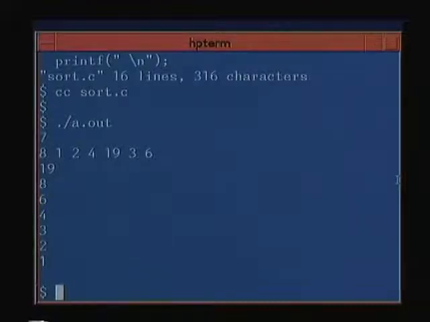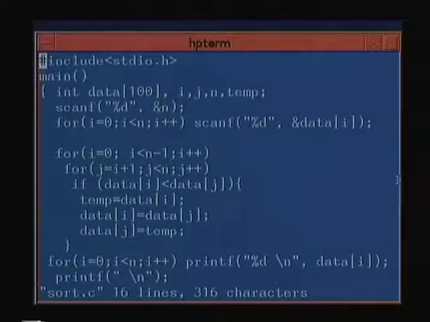So this is how you can use the controls to separate out. We shall come back to this program and study it later to understand two things. We will come to a variant problem, and we will see how we can solve that problem better, and we will see whether sorting is to be done this way at all or not, whether there is a better way to do sorting.